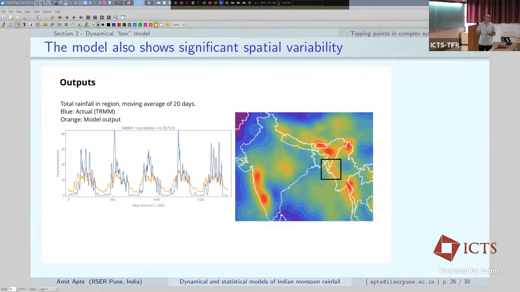Question. A quick clarification. So you basically have those 35-ish equations on a spatial grid. Is that how the model is? No, this is not on a spatial grid coupled to each other. That's one of the things. No coupling, they're independent. This is just one single box, and all I'm doing is, when I say precipitation, that's the average precipitation in this box, or temperature, the average temperature in this box. They are not coupled across space at all.